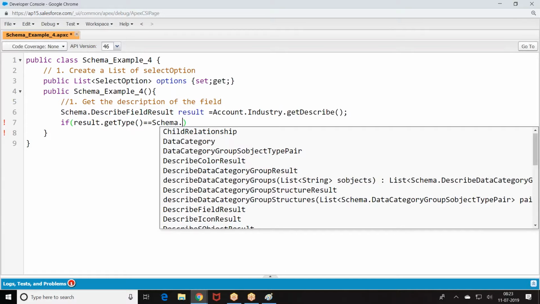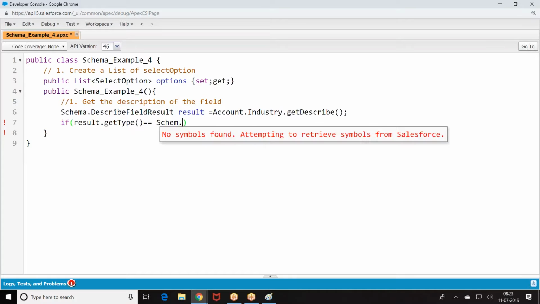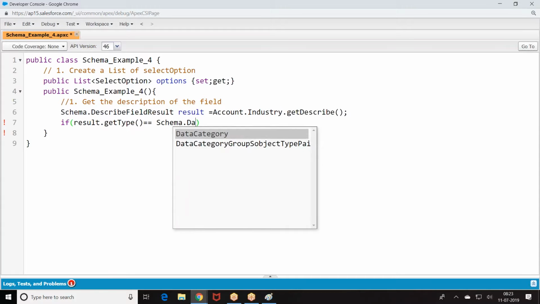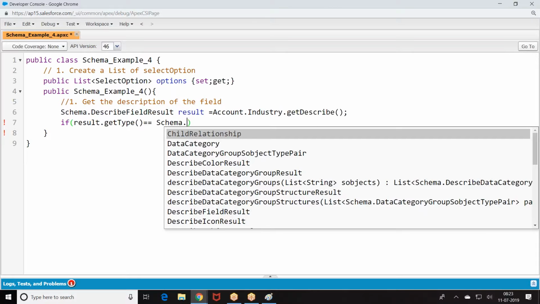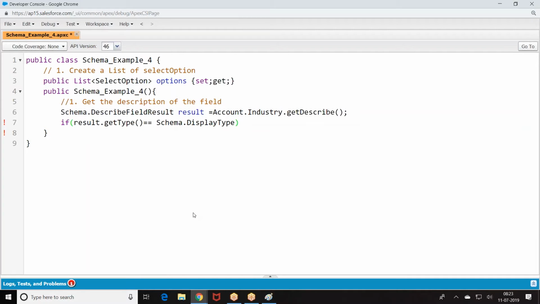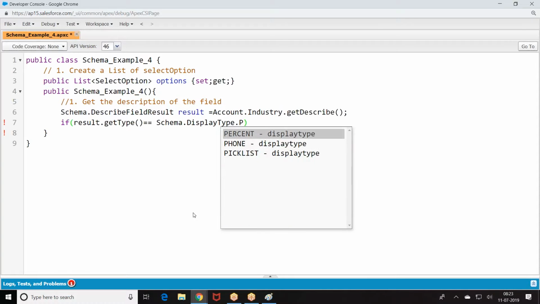There should be type here. Oh, it's not working. Okay. Let me cross check. There is a specific display type here. Is pick list.